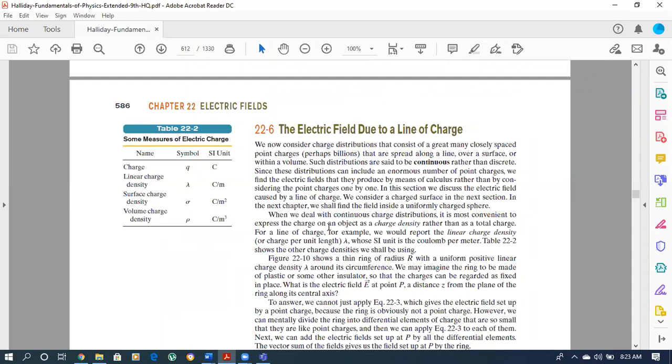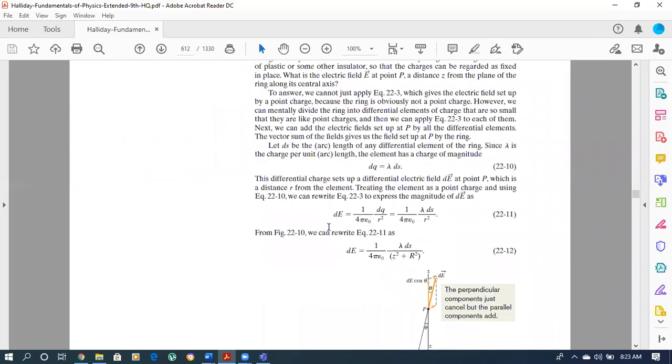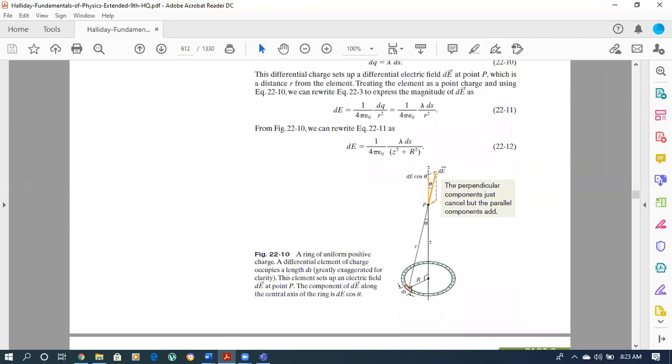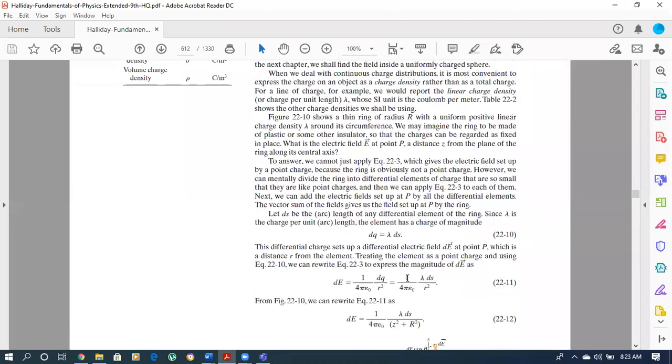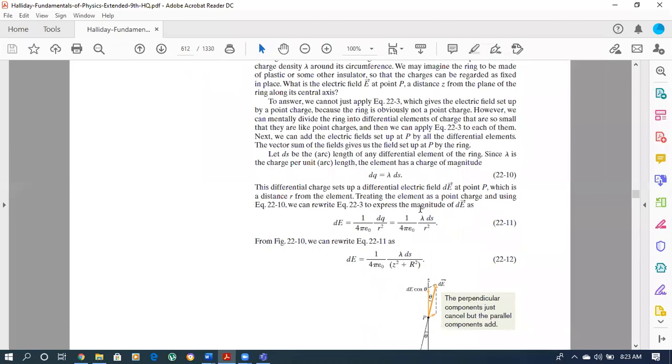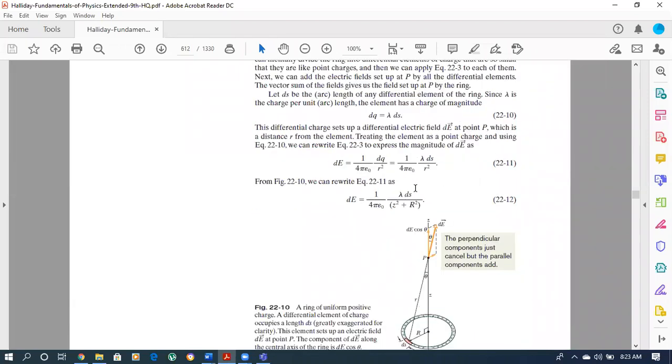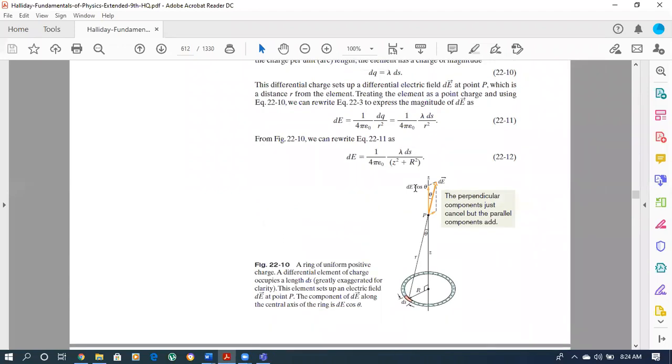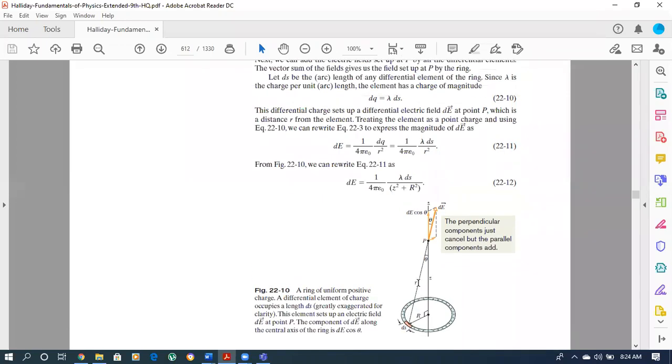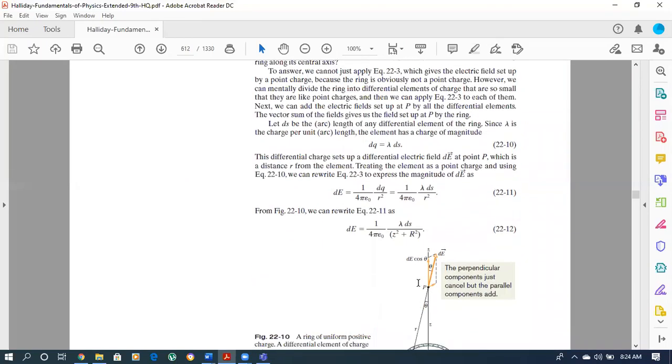Electric field due to line charge. Similarly, we expand this concept. Instead of taking just two charges, we now expand our concept to a line of charge. So step by step, instead of dealing with the charge magnitude, we will deal with the charge density. Because this is a line of charge, the charges are spread in such a geometry that they are in a single line, maybe in a circular shape, just a ring shape, or in any other form. So we will deal with the density.